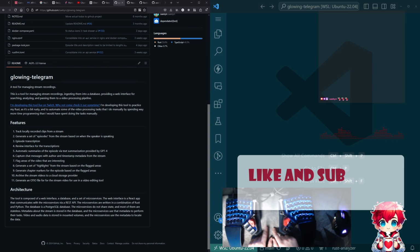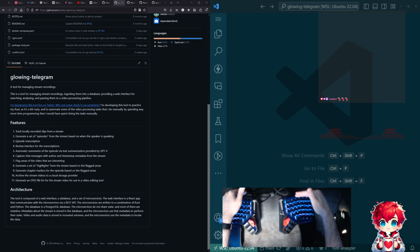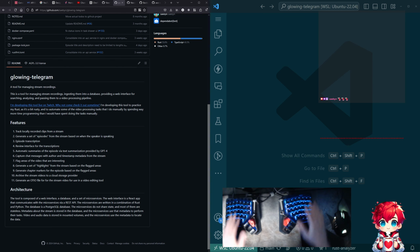I was thinking before the stream that it would be cool if my mat here could be chroma keyed. I'd have to get a new one, or I'd have to probably not dye this one, but I wonder if there's like a pad like this that I could get that was like green or something. I could get the camera to be a little bit more centered on it. And then this would be just hands and keyboard and mouse just hanging out in space. Might be kind of cool. Anyway,